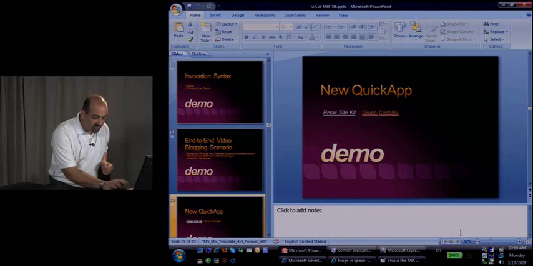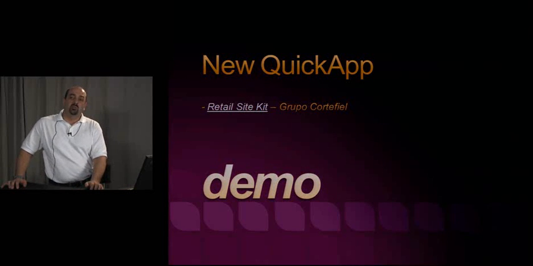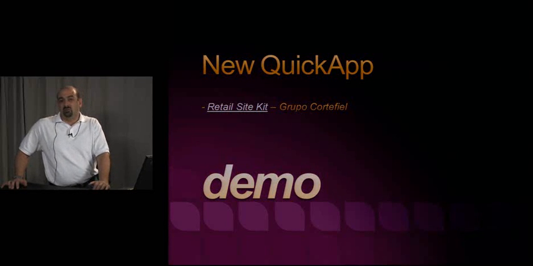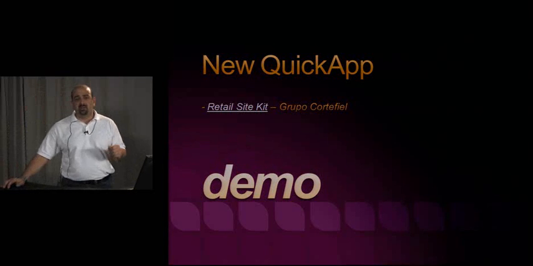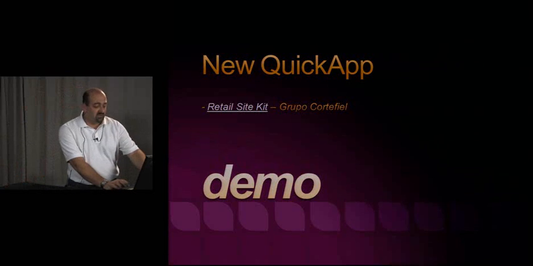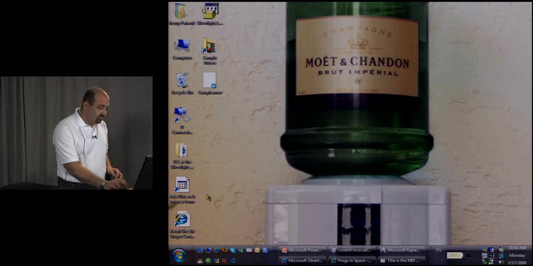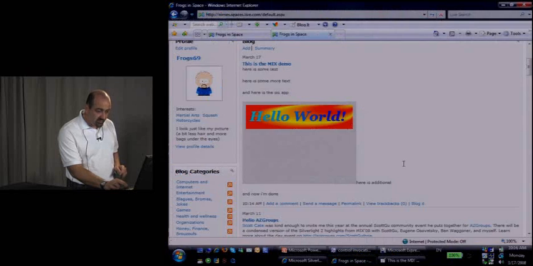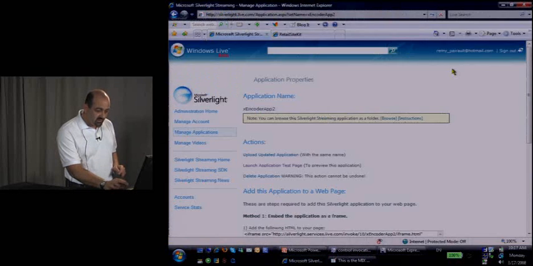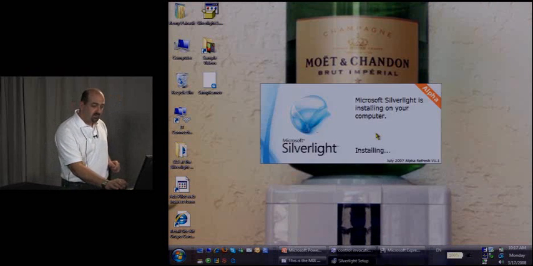This is an application that has been created by our friends at Medallic. For those of you who saw Danny's presentation yesterday, they do a wealth of stuff with Silverlight and Silverlight Streaming. This application is still development code, and I'm going to have to uninstall Silverlight 1.0 and install 1.1 in order to show it to you. We're still in the process of porting the code to Silverlight 2. So let me close all my browser sessions. That's going to be better. For Silverlight installation, I'm going to install 1.1. And once it's done,